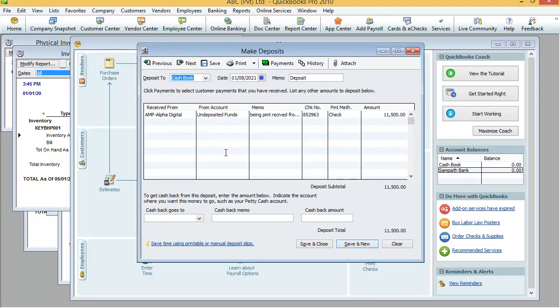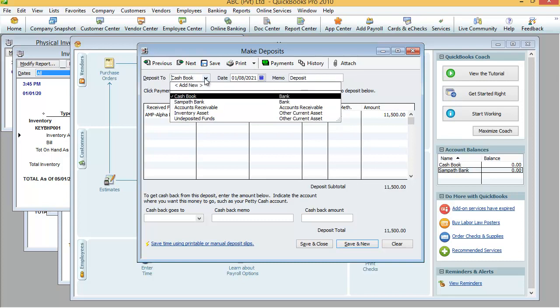Once we select, the third sub menu will be there. This is called make deposit, where we are going to deposit. For example, if we are maintaining a check register book, we can keep that register book. If we don't have a check register book, we can deposit directly to the bank. But the only problem is the check date is 11th of January.